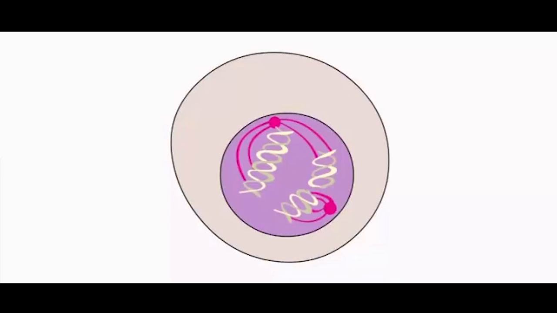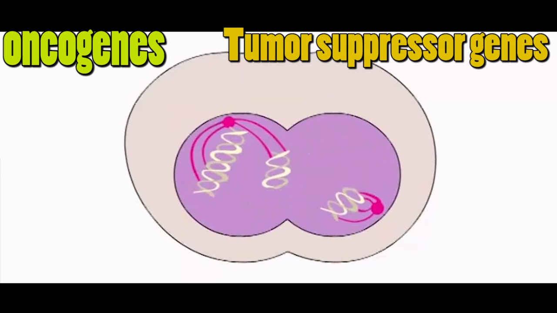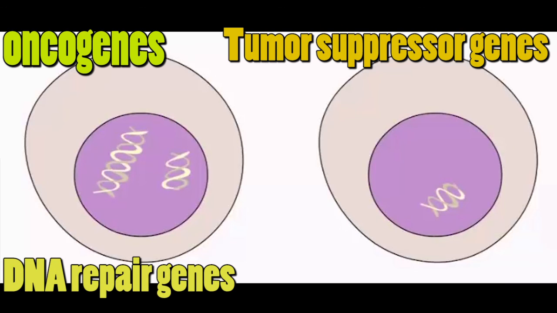These genes that cause this may become the cancer-causing genes, also called the oncogenes, allowing the cells to grow and survive when they shouldn't. Tumor suppressor genes are also involved in controlling the cell growth and division. DNA repair genes are also involved in the fixing of damaged DNA. When these all fail, the cell may become a cancer.